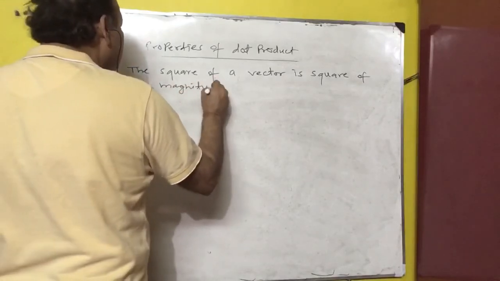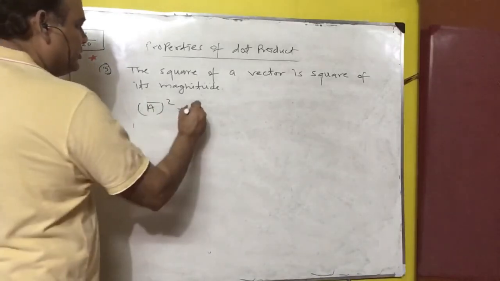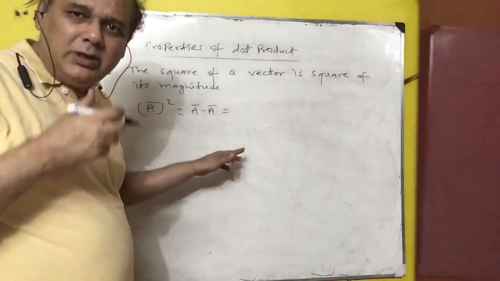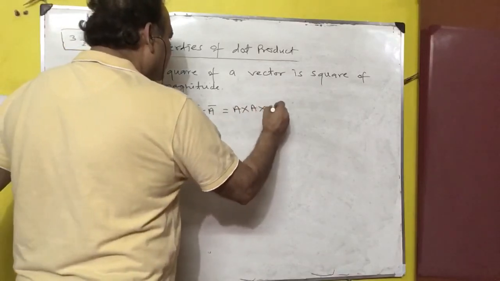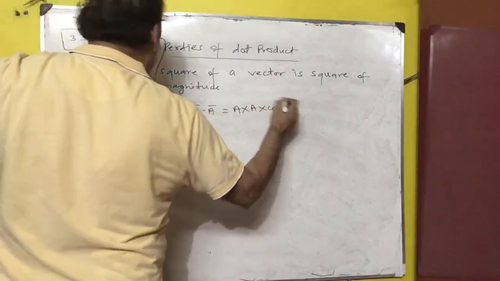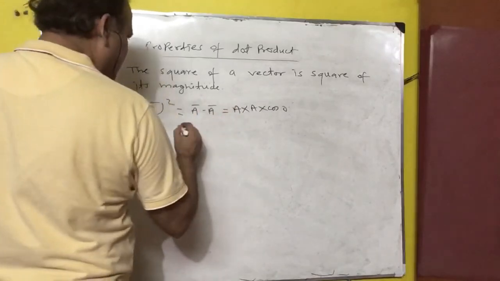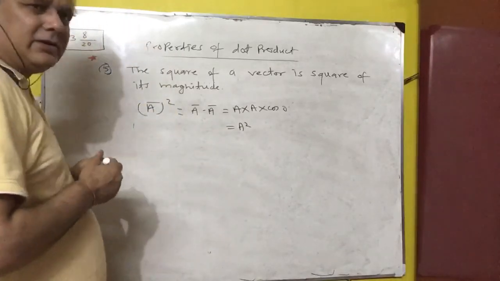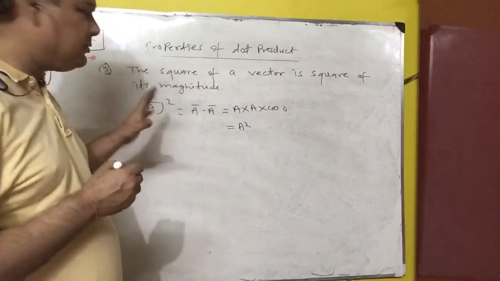कैसे? देखिए, a का स्क्वायर किया मैंने, तो ये हो जाएगा a वेक्टर डॉट a वेक्टर, एंड नाउ वी आर अप्लाइंग द फार्मूला ए बी कॉस थीटा। तो a तो a ही है, b भी a है, एंड दिस इज कॉस 0 डिग्री, cos 0 डिग्री, and so this is a square। ओके, तो प्यारे बच्चों, प्रॉपर्टीज आपको समझ में आ गई होगी।